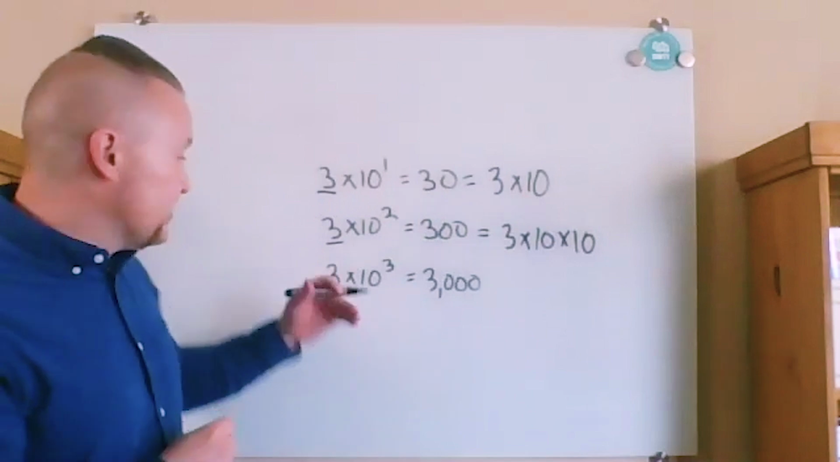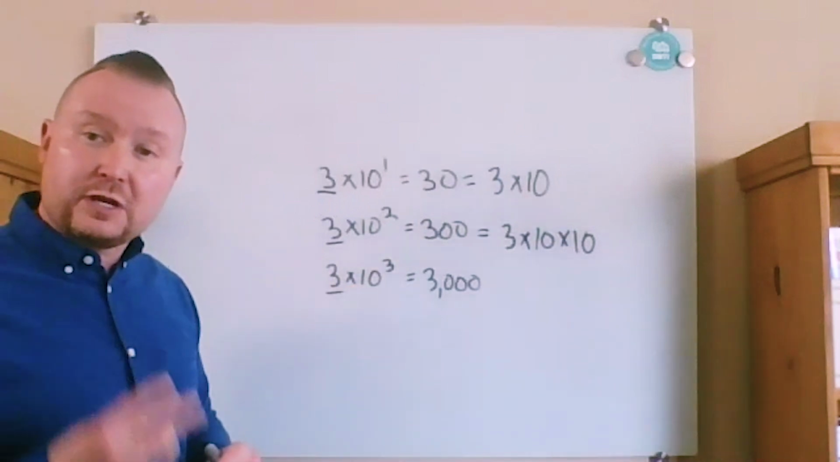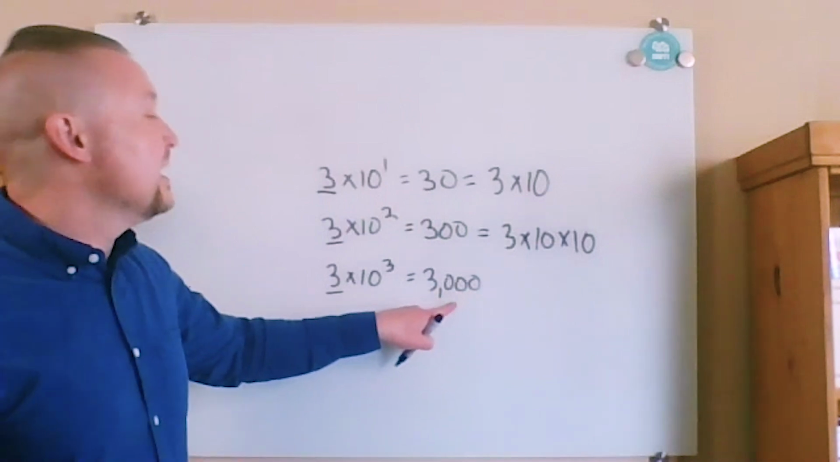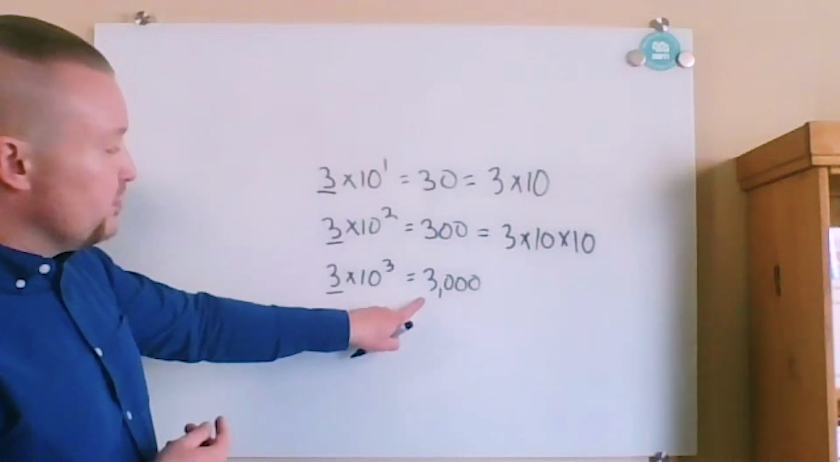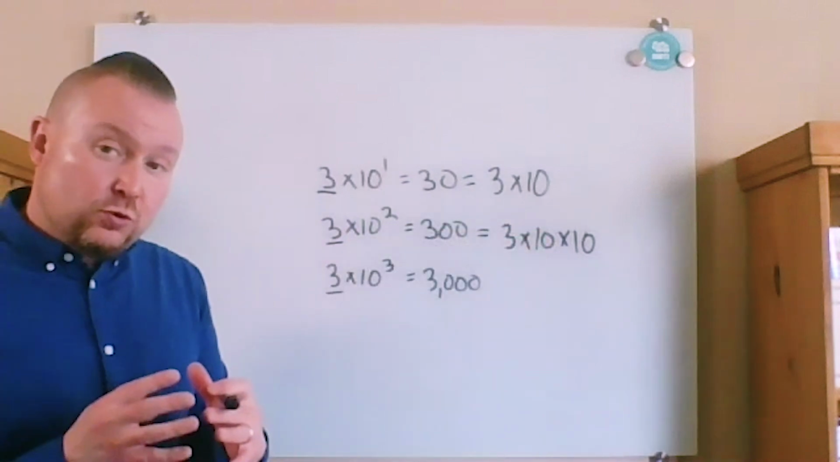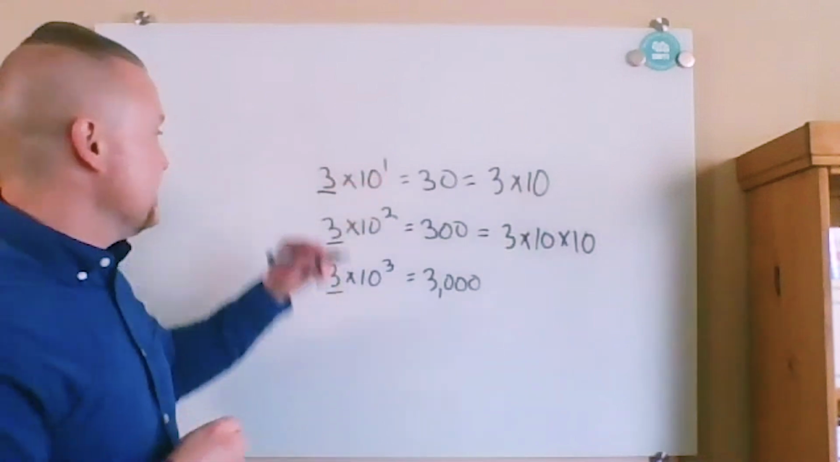Take that same idea, extend it here. 3 times 10 to the third. That means the 3 increases by 3 place values. Ones go up to tens, hundreds, and then finally the thousands. And again, this would be 3 times 10 times 10 times 10. But if we take that rule and that pattern that we found and we apply it to a more difficult idea,